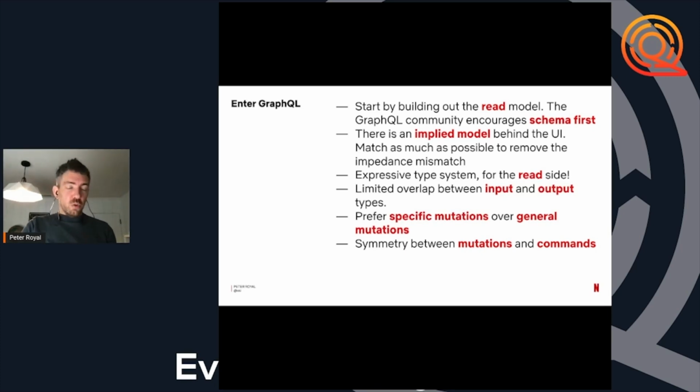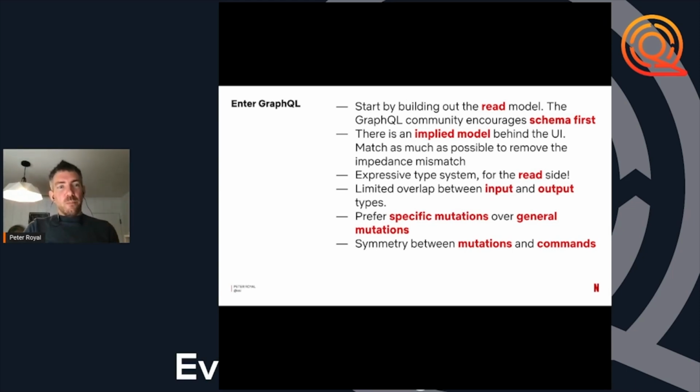So not doing the CRUD approach of here's a big blob of data, just go ahead and store it. Very much, I want to approve an invoice. So I'm going to create an approve invoice mutation, not a save invoice that happens to have approve set to true and backing that information out.